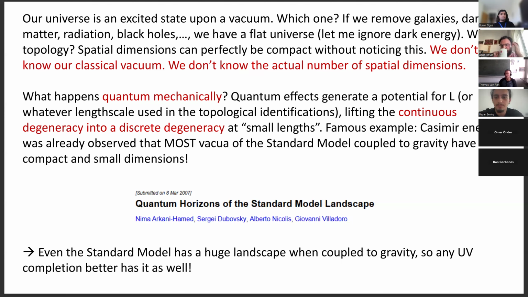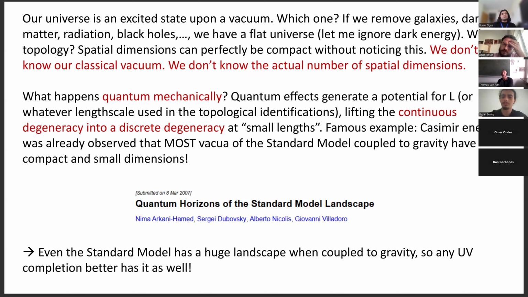It's perfectly consistent with current day cosmological observations that the spatial topology of the universe is, for instance, periodic. The spatial topology of the universe could be completely a 3 torus. We don't know. The only thing we know is that if the topology is non-trivial, it has to be non-trivial at the order of a length scale of the visible universe, what you would call the Hubble scale. So the periodic dimensions have to be huge, but it can be very natural. Imagine you go back in time near the Big Bang, spatial dimensions could have been small circles that have been blown up to very large circles. We wouldn't see that today, okay? It's perfectly consistent. So that's classically.